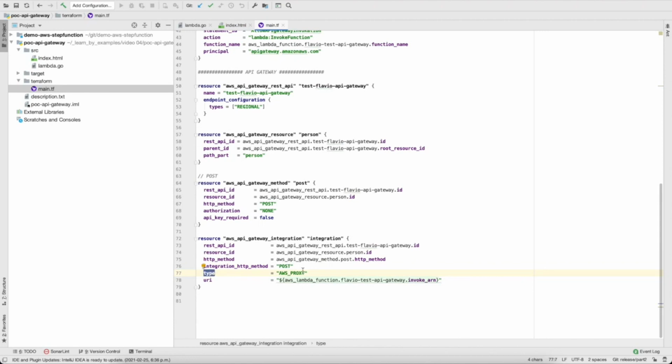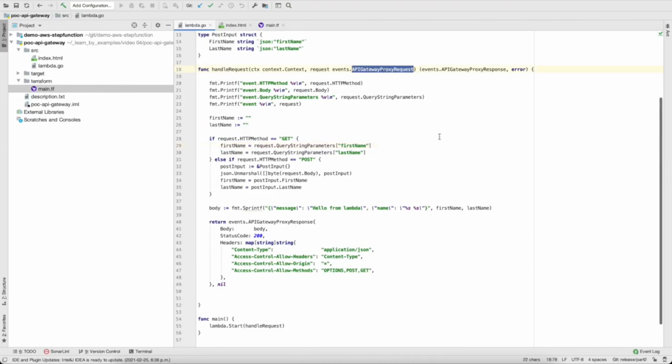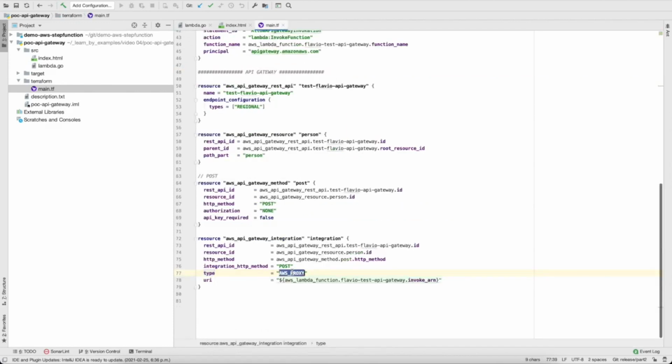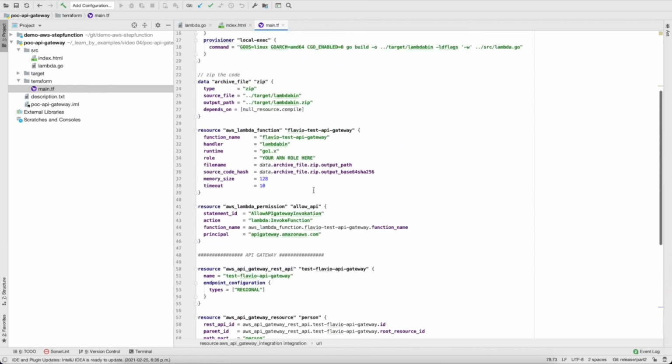This is where we are setting to use the AWS proxy. So remember that when we were in the Lambda, we were using the API Gateway proxy. So this will help receive the parameters from the GET and POST using this proxy. So this is very important to set the type as the AWS proxy for our case. And the URI is going to be the URI ARN to invoke the Lambda. So this will come from the Lambda that you just created,